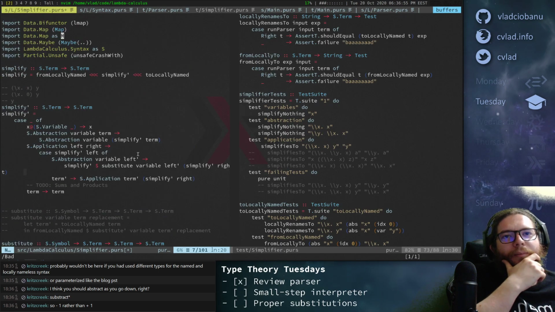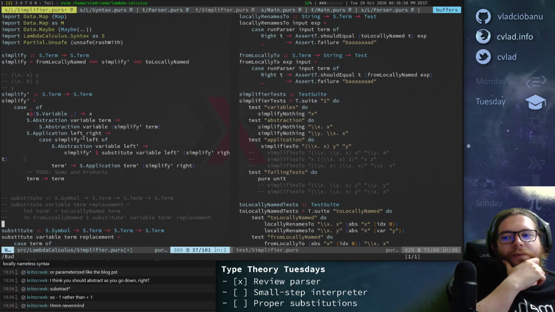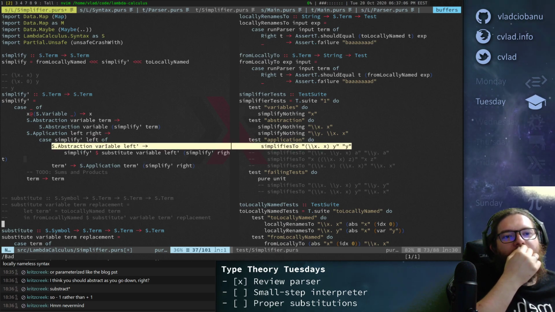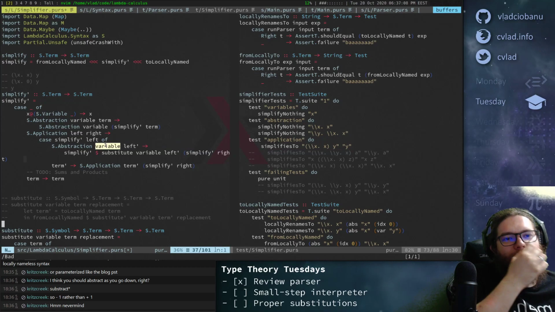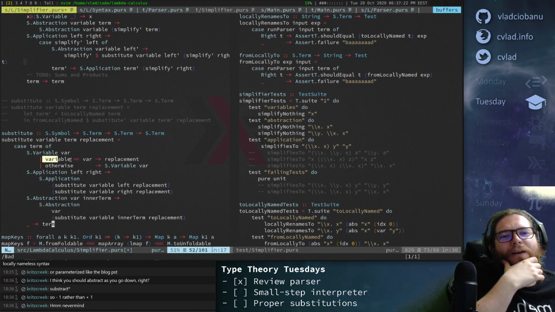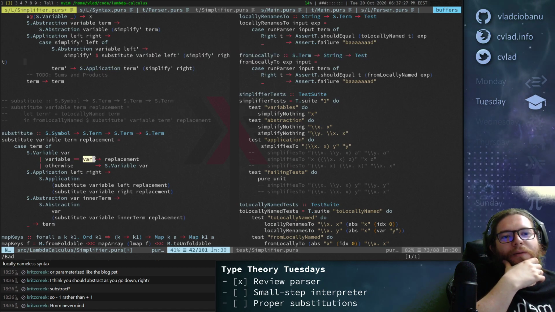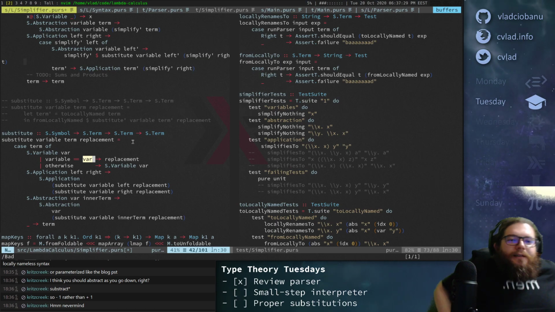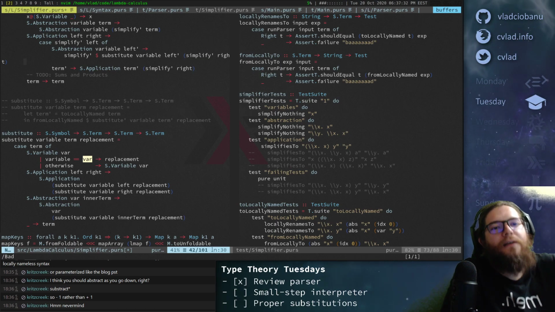But the actual problem is in, so when we're doing simplification, right? When we're doing application and we have application of an abstraction on the left hand side, here it's a variable name, right? So here is X. And that's what we're passing to substitute. But here the replacement only happens here, which is wrong, right? We need substitution to be aware of indexes somehow, or we need to fix it somehow. And I'm not sure how this works, right? Because now we have things that are unique.